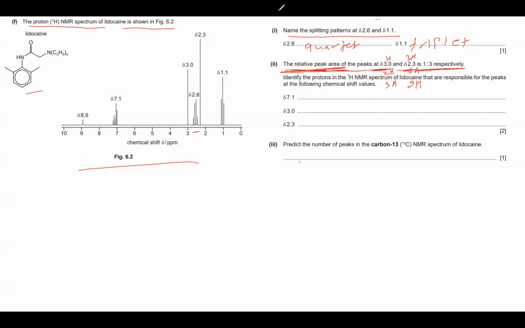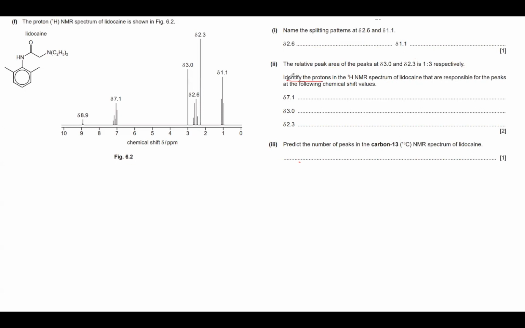Let's just erase everything. Identify the protons in the H-NMR spectrum of this compound that are responsible for the peaks at the following chemical shifts. So here we have at 7.1,